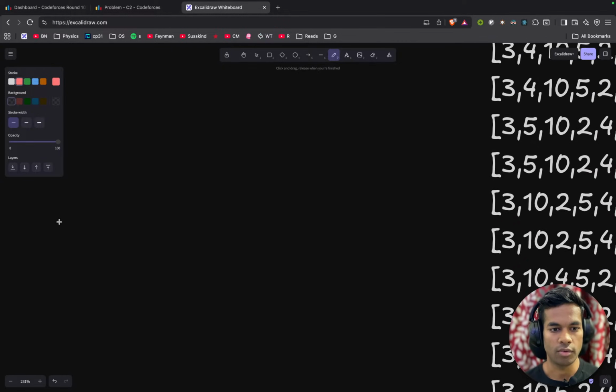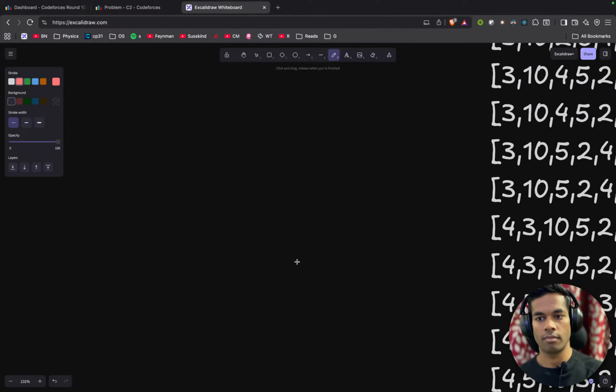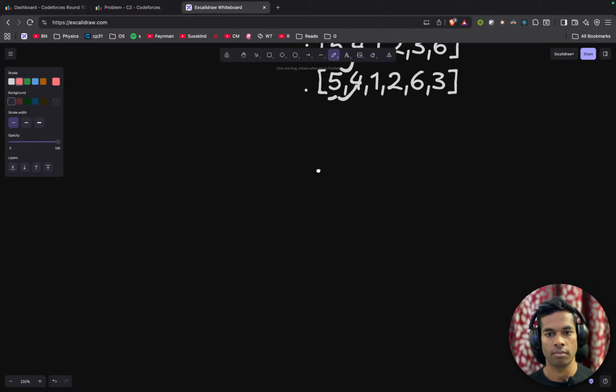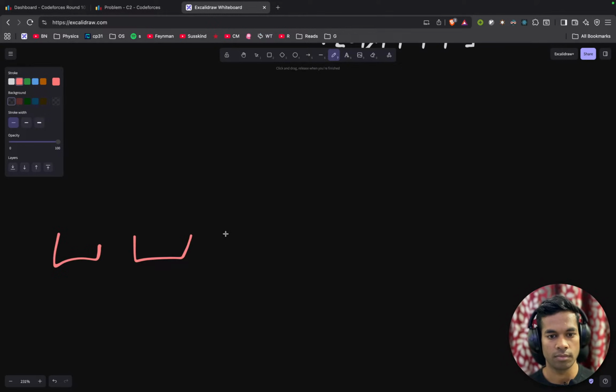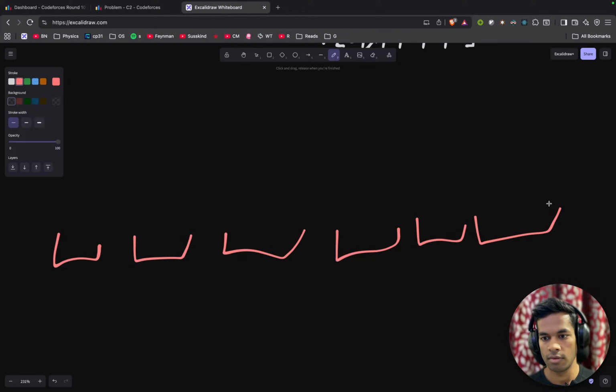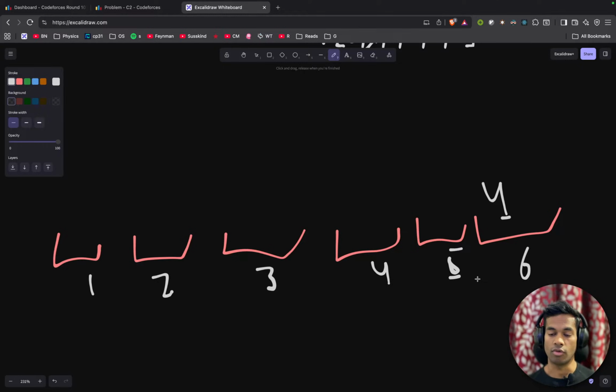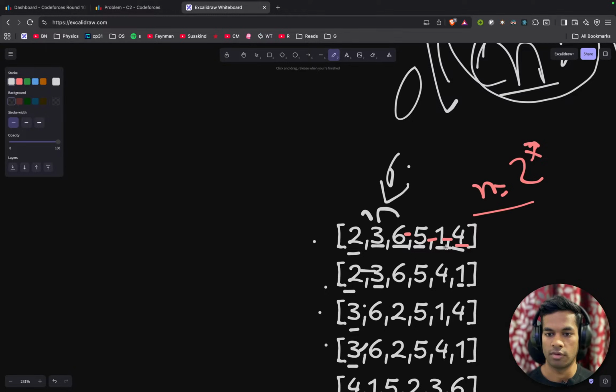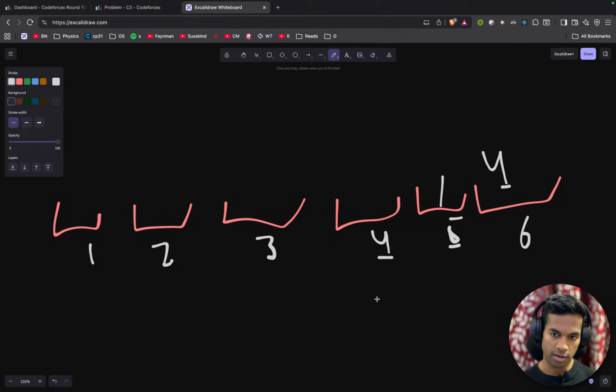Okay, for n equals 6, we put 4 here, not 6, but we put 4 here. The arrangement is 6, 5, 4, 3, 2, 1. Then the only number which can come here would be XOR of 4 and 5, which is 1. Yes, 1, correct. And then here we will not take XOR of